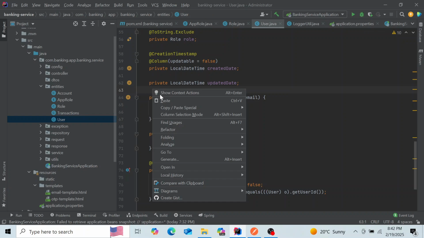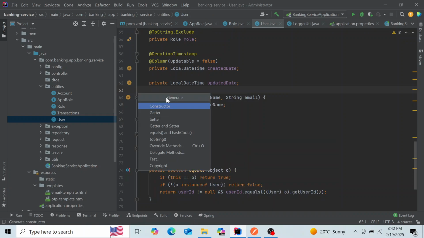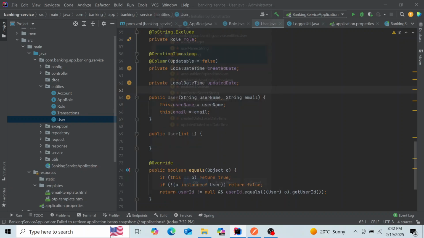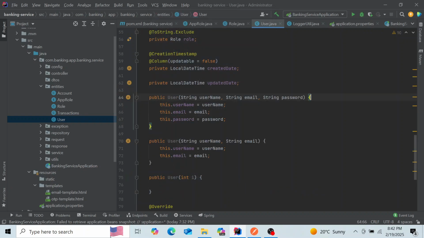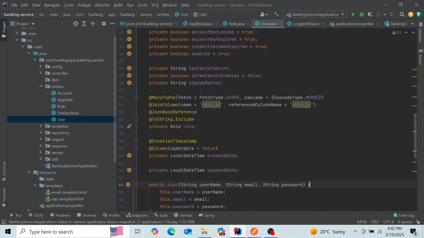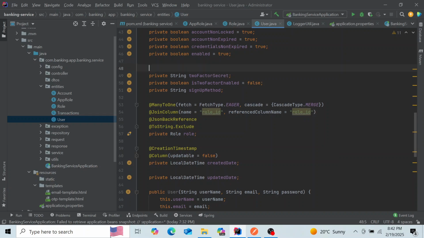So generate constructor. And in this case, I want us to include the username, the email, and the password. Also, I want us to add two more fields here. So I want us to store the expiry. I want a date field, private record